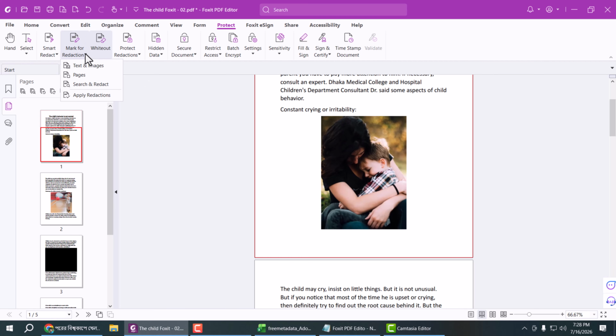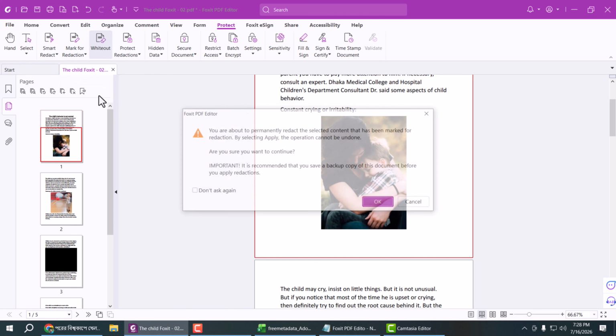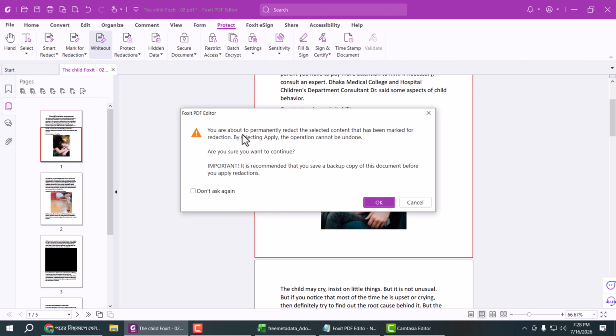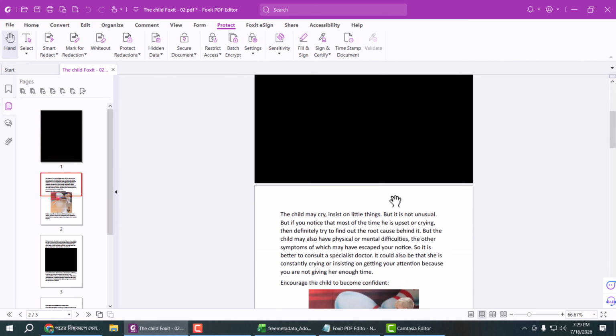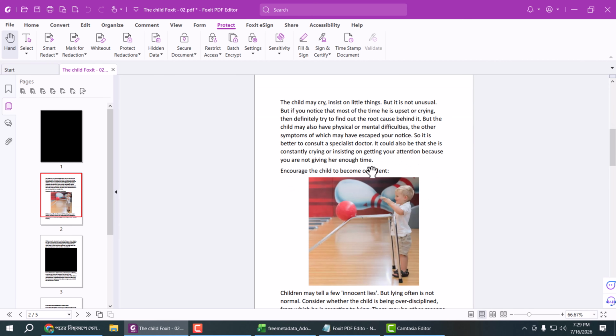and select Apply Redaction here. It says you are about to permanently redact this selected content that has been marked for redaction, and the operation cannot be undone. Now select OK and see this page is now hidden, and also I will white out this page,